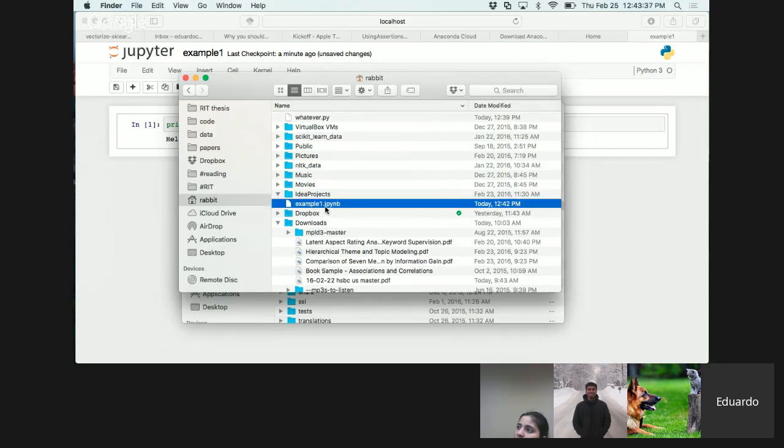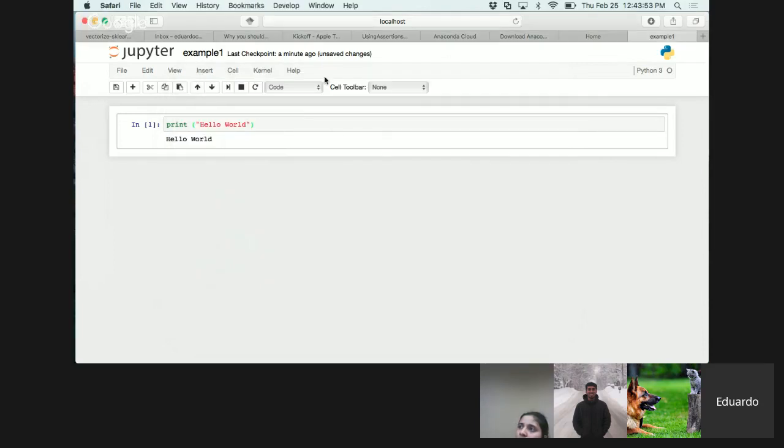So here's the file that we are working on. You can actually just get this file and send it to whatever place you want, like to a friend through email, and he'll have everything that you have exactly as you did here. So it's really easy to share. That's one really nice thing about it. Second thing is